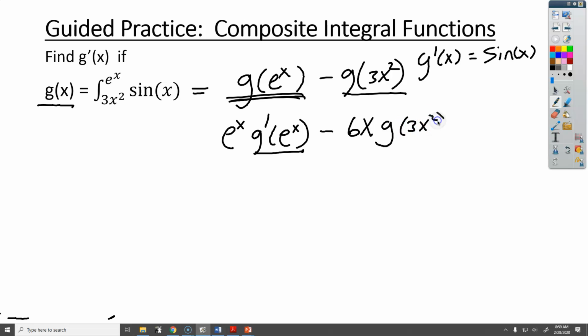Close. We're missing one little thing. Prime. That's the derivative of the outside. Then we have the derivative of the inside. Okay, now,